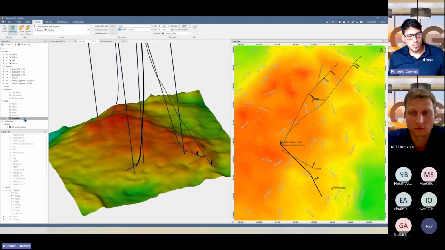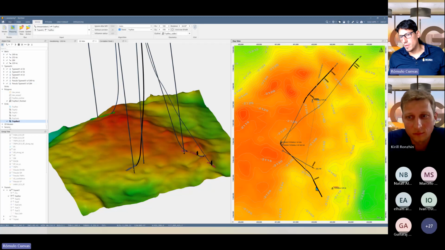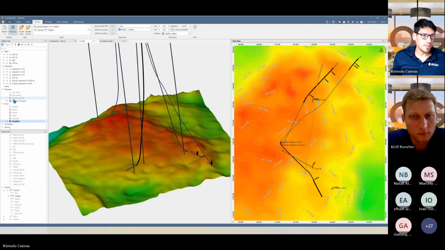Once you create a grid in StarSteer, you can see what inputs were used for that grid, and also you can convert the grid into points, and then you can visualize here the data points you are using to create that grid, and then you can customize it. So actually the next webinar is going to be related to mapping, so you will see step by step how to do all these customizations. Okay, so